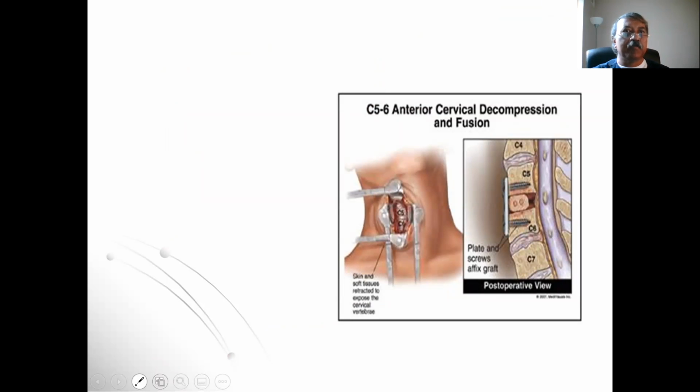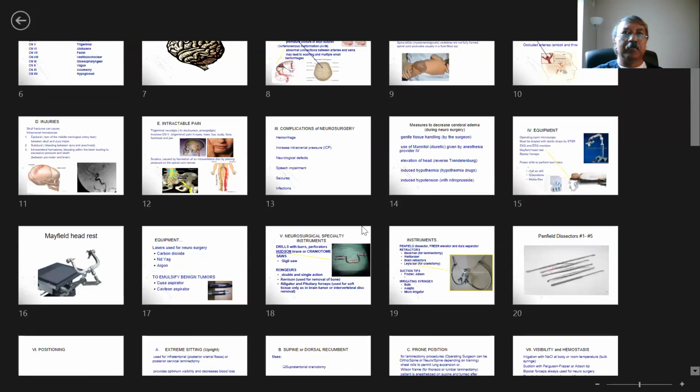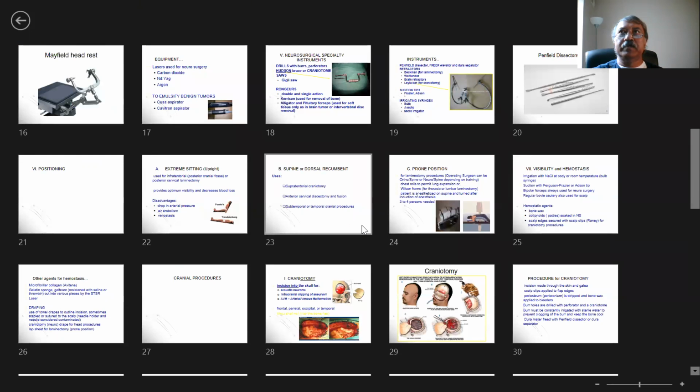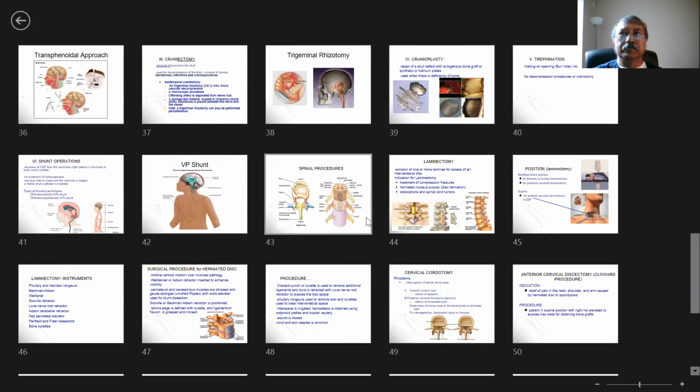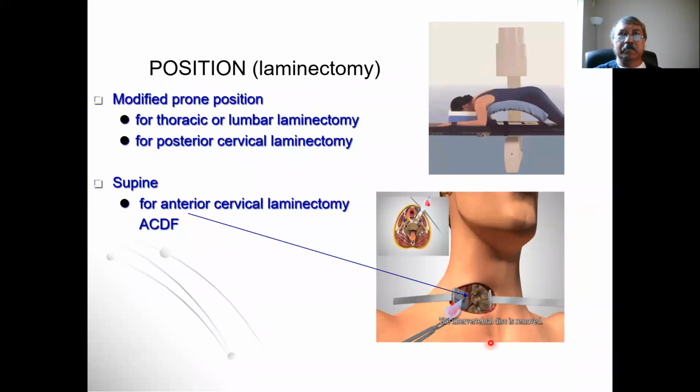Now we can go back to the area where we see the cervical area laminectomy. Right here, the two retractors are placed and the lamina is exposed, and they can use Kerrison